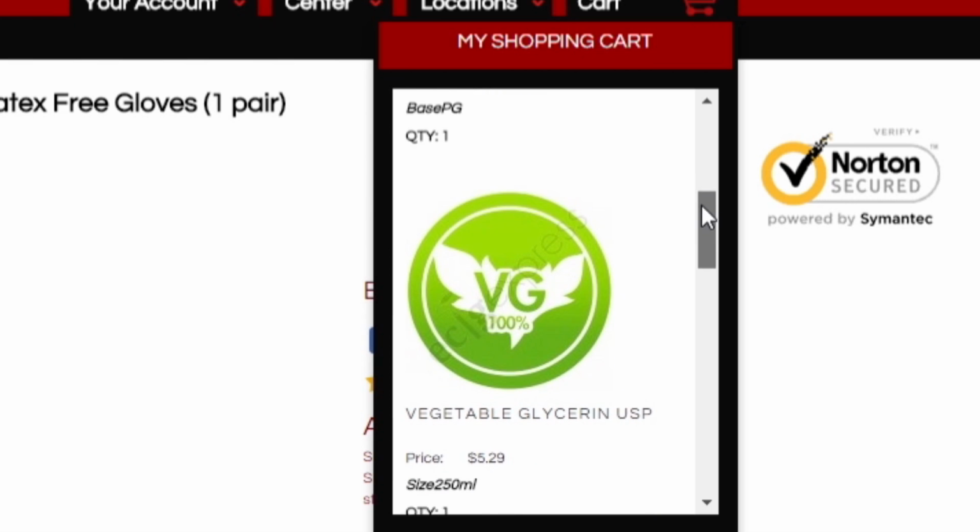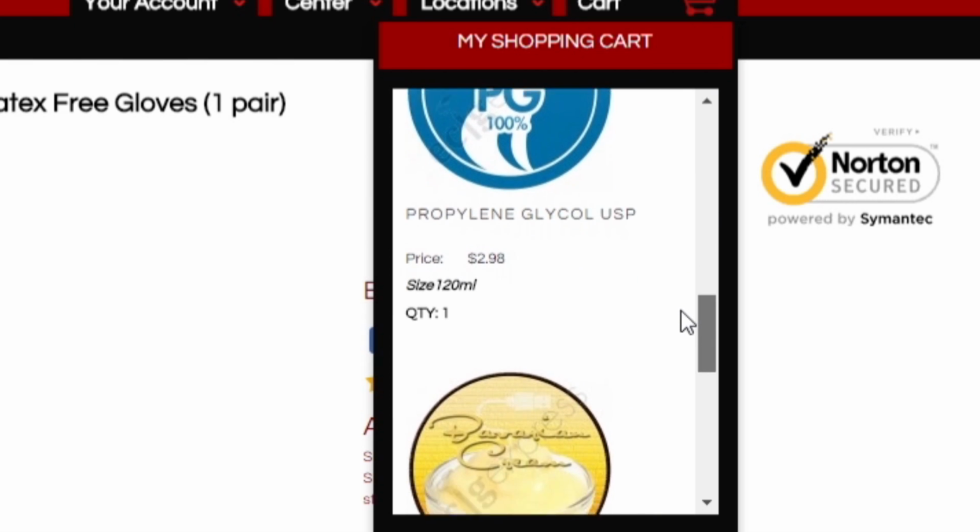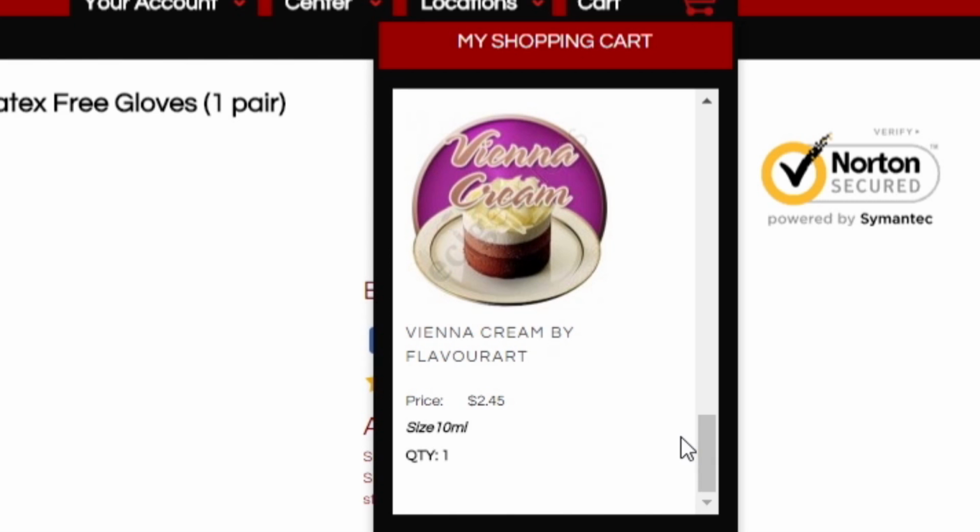As you can see from what we have so far, PG, VG, nicotine, bottles, flavorings, and the scale, our total comes to...